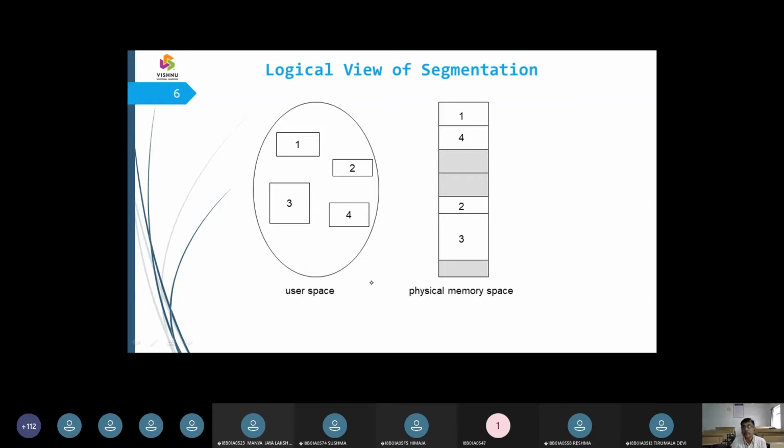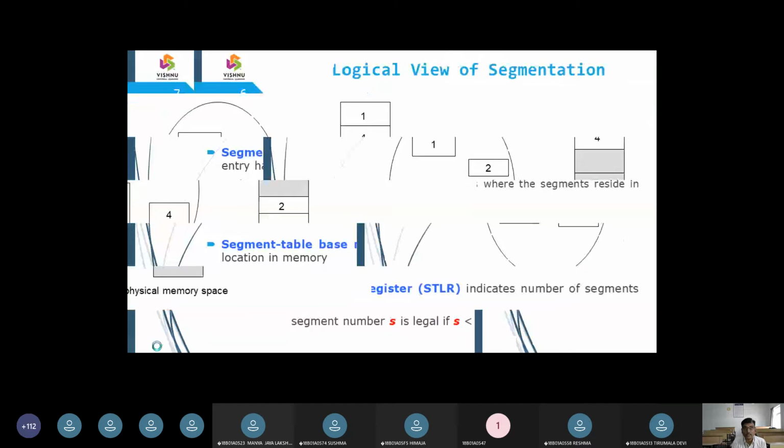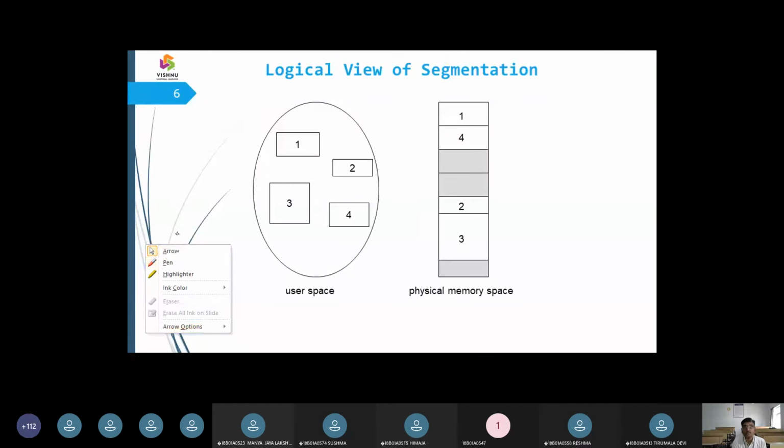So now we need some mapping mechanism towards the address space, which is going to be raised up with this user space and between the physical memory. So let us go back to the previous concept I was mentioning.